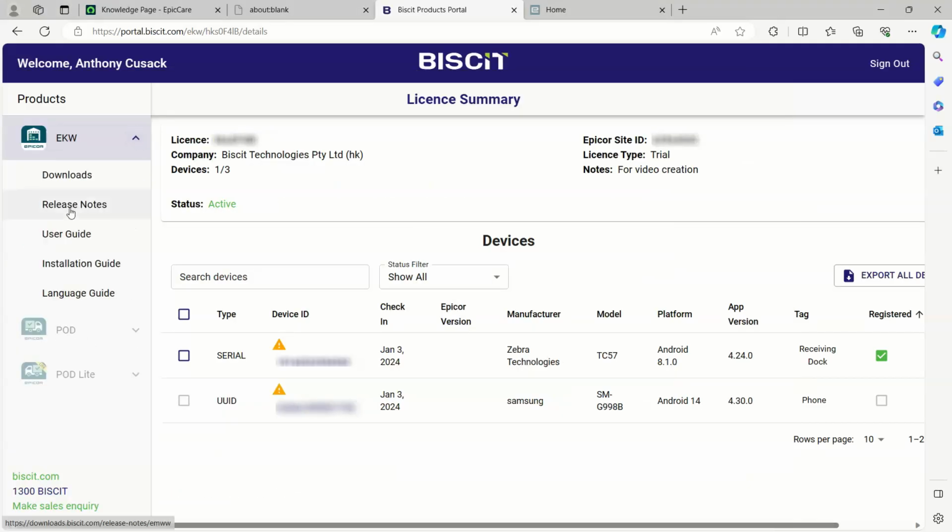So again, release notes. Release notes do require that you enter in the license key. It can be as simple as copying it. It's also up here in the header. The downloads also require that as well. So Kinetic Warehouse, release notes,